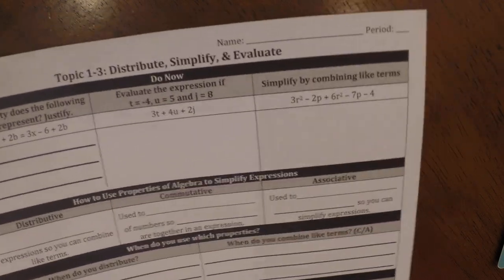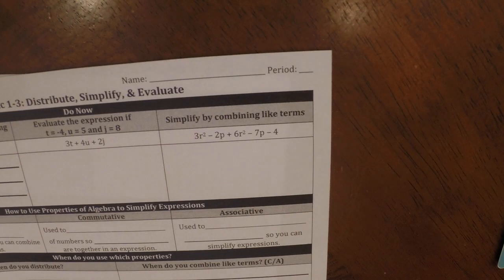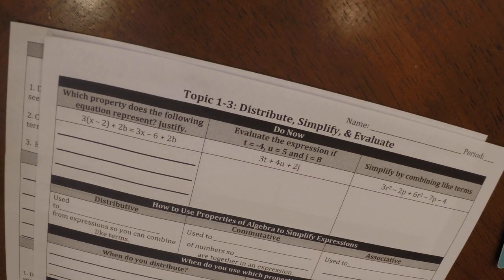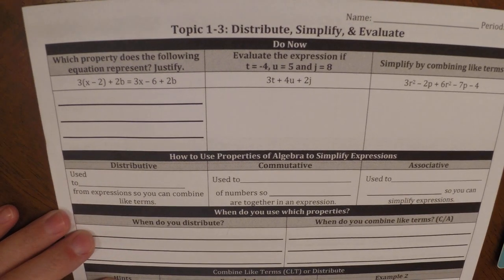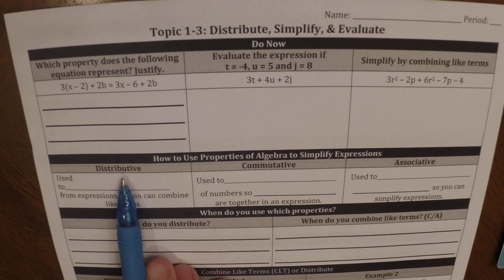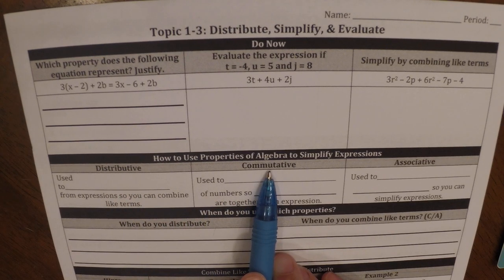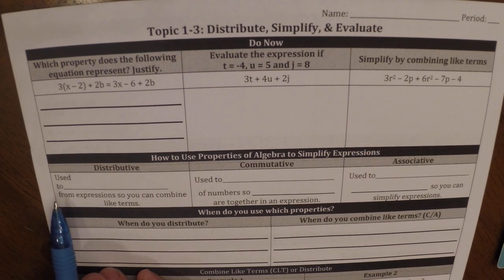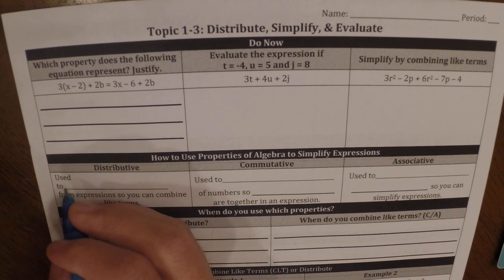Okay, so for our purposes, the first thing that we're going to do is those second boxes where it says how to use properties of algebra to simplify expressions. So the first thing we're going to do is talk about how to use the distributive property, the commutative property, and the associative property. So the distributive property, this one is used to